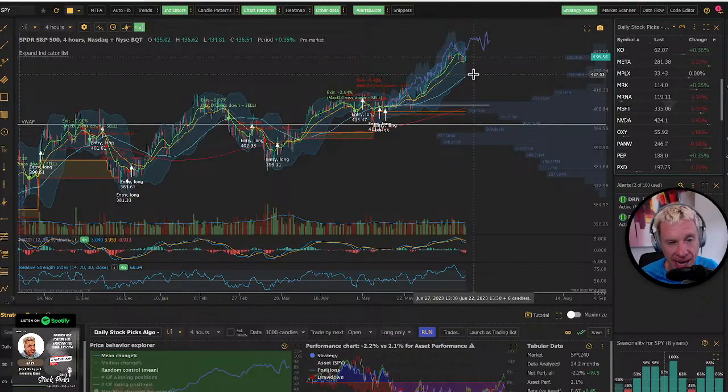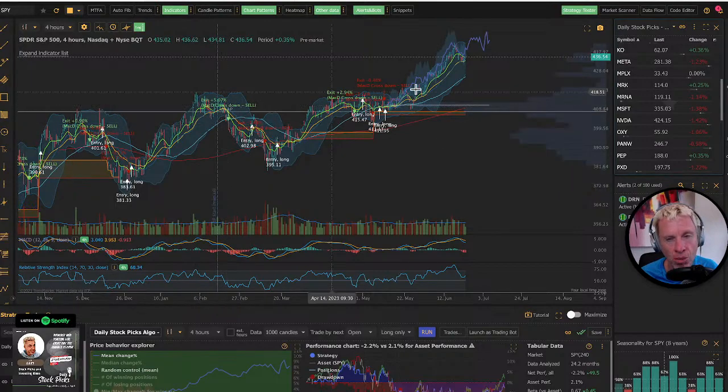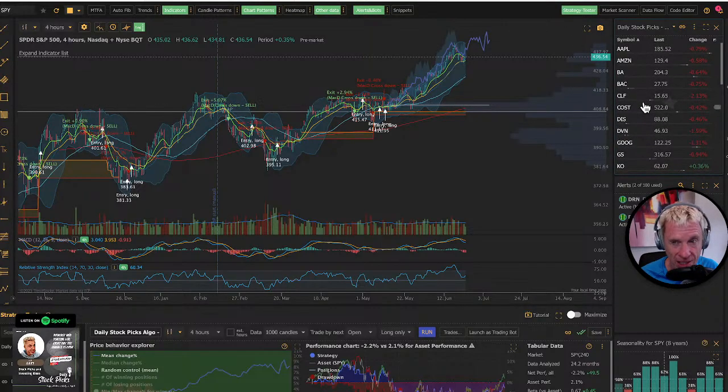It is probably not coming down to this 427 today, but I would say if I move this volume shelf over here for the short term, if it breaks 434, I think you get down to that 427 level. That's where I think you're going. If you get down below this, towards the bigger shelf area, which is 413, then I'd load up,